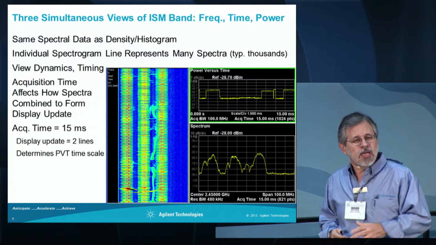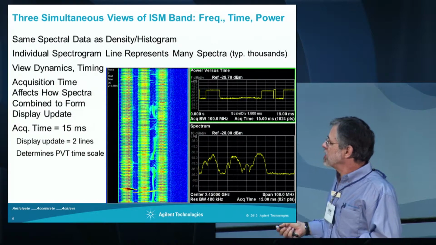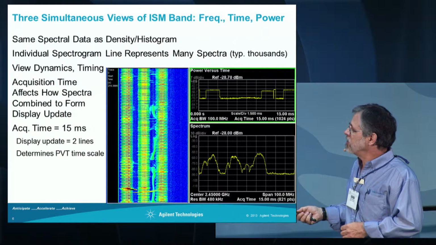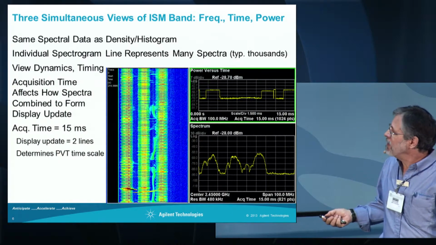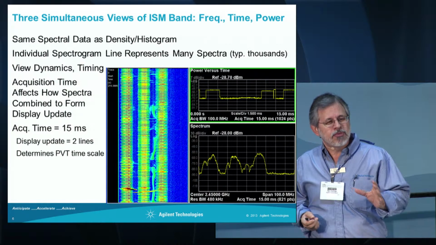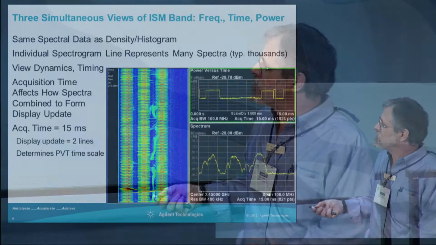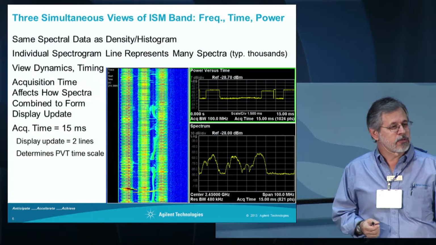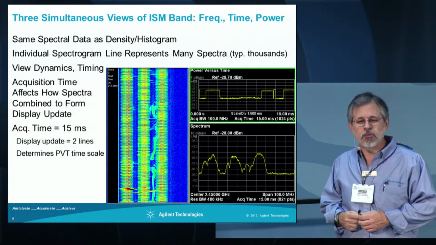Another way to look at that same data, though, is to use a single spectral combination for each display update, and then actually to go with a spectrogram display. The spectrogram doesn't tell you how often things happened, but it does stack up spectra at various rates to show you when they happened. So that's the other critical element in terms of understanding what's happening in a dynamic signal